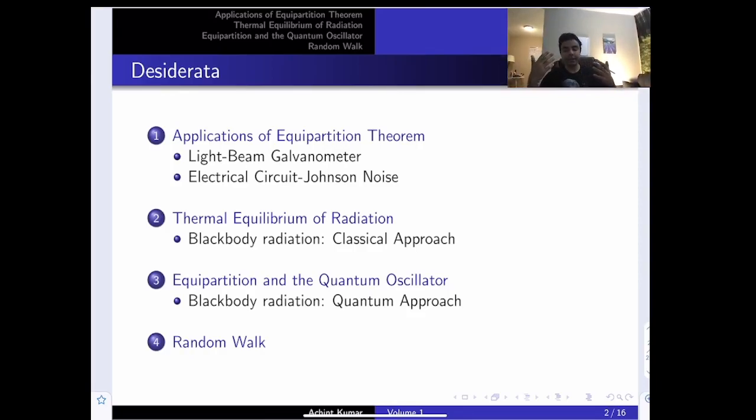from a classical mechanics point of view, and we look at how the classical mechanical treatment fails, and that leads us to the quantum mechanical approach. In fact, this was the first quantum mechanical calculation that was ever done, and it was done by Max Planck in December of 1900. And I'll end the lecture by talking about some random walk